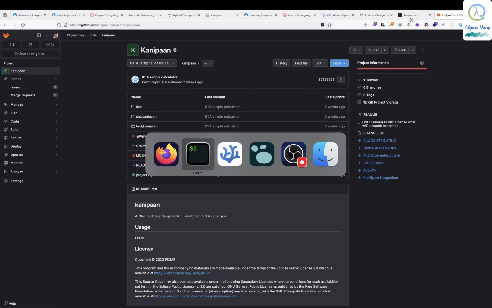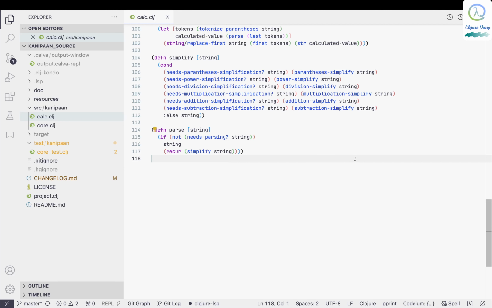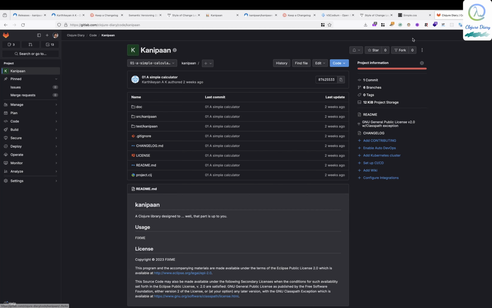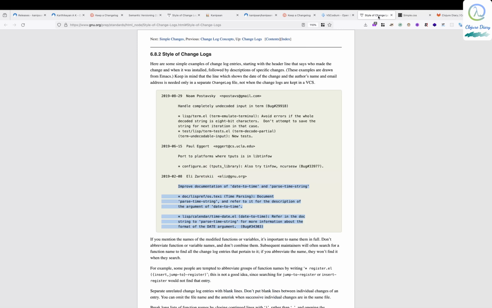So these are all the things I'm doing in Kanipaan, and Clojure taught me a lot of things. Before this, Ruby taught me, and before that PHP, and before that Java, and everything taught me. I'm just happy to have all these languages and the free software ecosystem so that I can learn. If you are somebody who has contributed to free software, it's because of you that I'm doing so well. Thanks to the free software community and all people who respect freedom, right? So this is Kanipaan, and these are all the things I learned while trying to release a Clojure project. And until we meet in the next video,